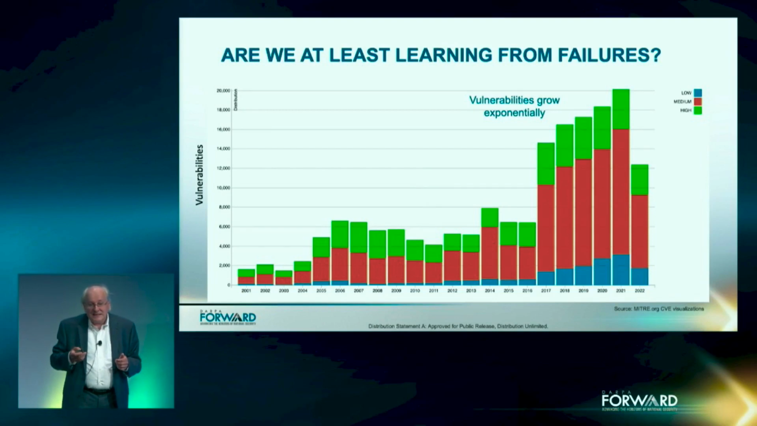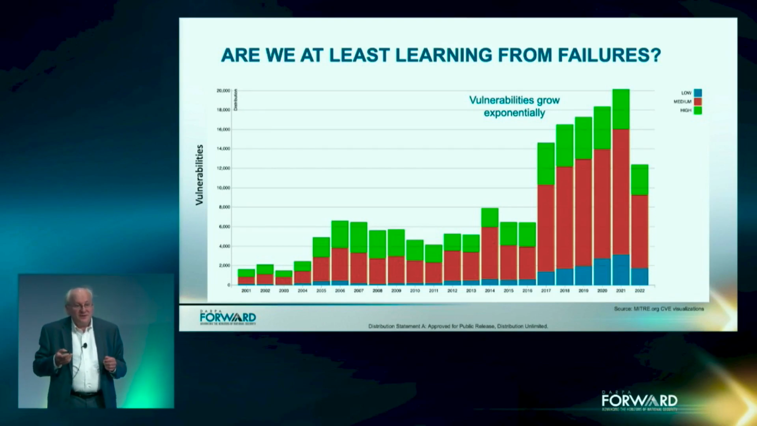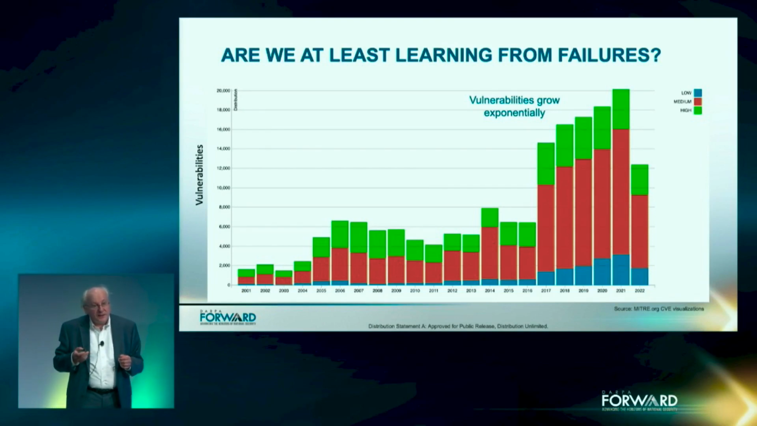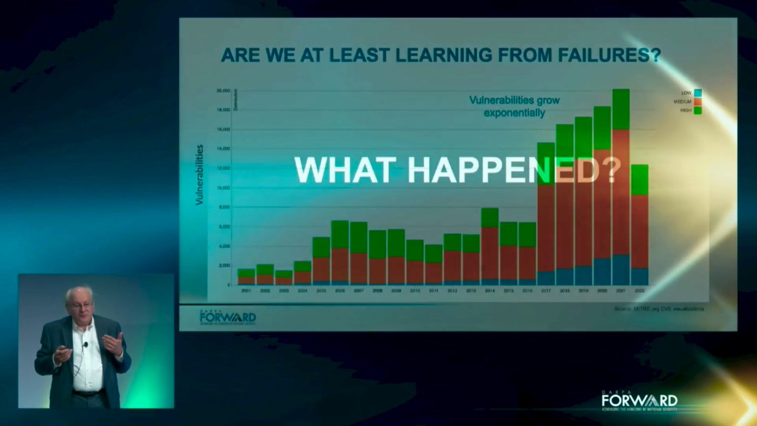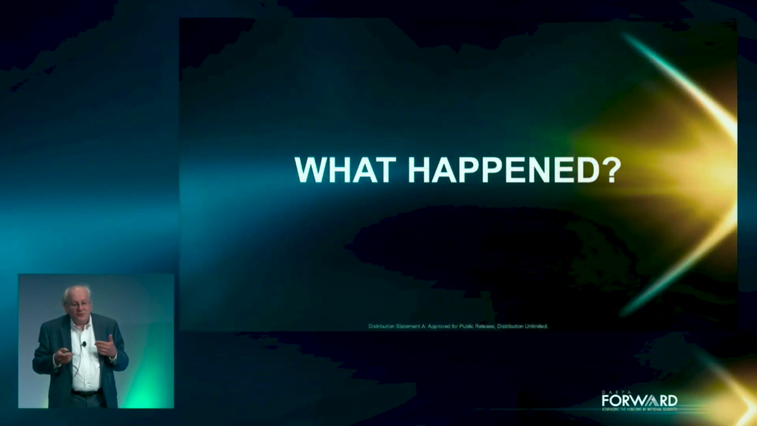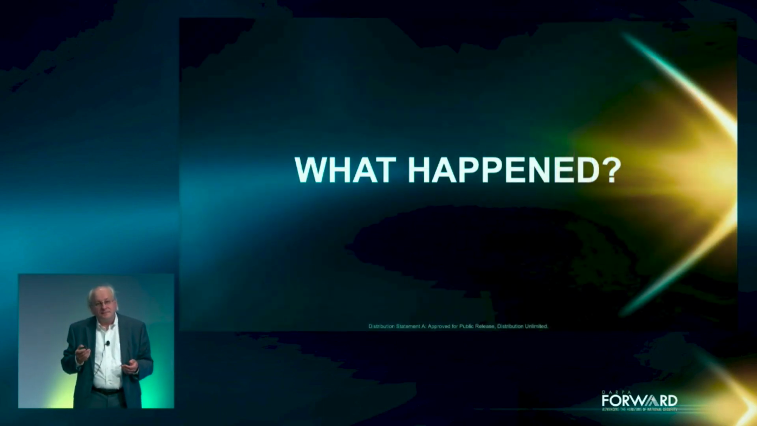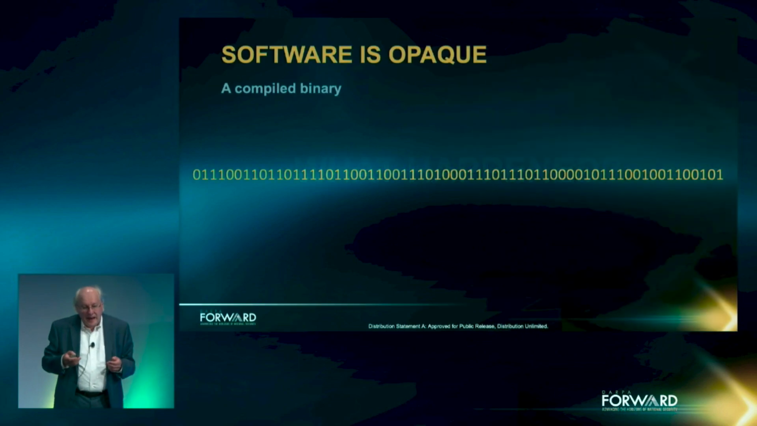Are we learning from our mistakes? The answer seems to be no. Vulnerabilities grow exponentially. So something needs to be done. Something is happening that we have not foreseen. What is it? And to understand the answer to this, we have to come back to the foundations of the